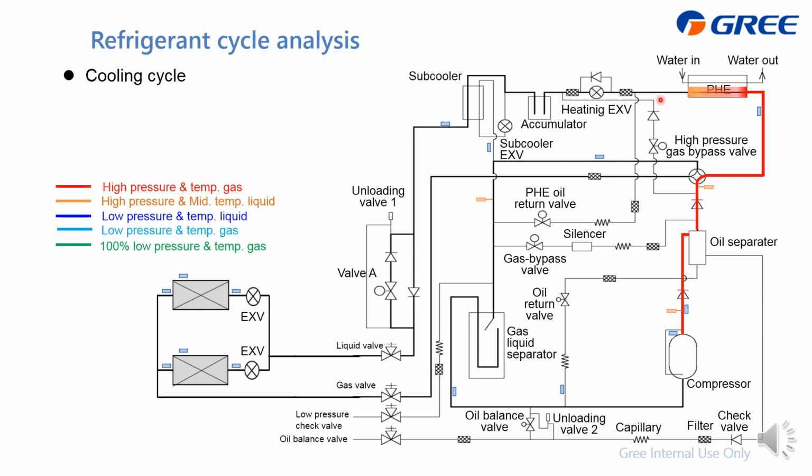goes to here. And then we go through this EXV, which we keep fully open to ensure the refrigerant goes through it as quickly as possible. Then the liquid refrigerant accumulates here, and at this part you can also find a partial refrigerant from the main row. This is the main row.